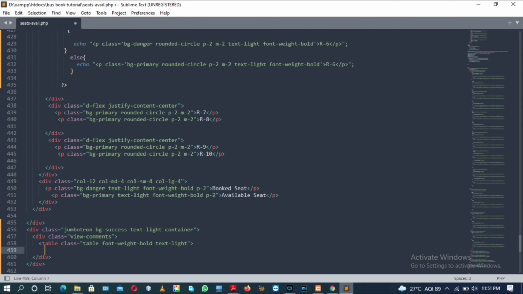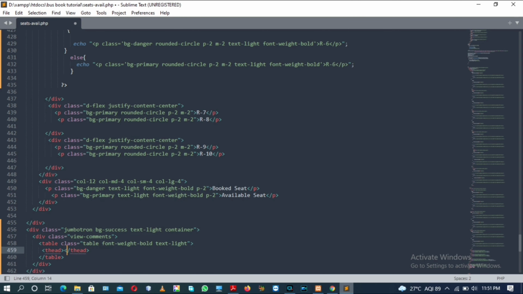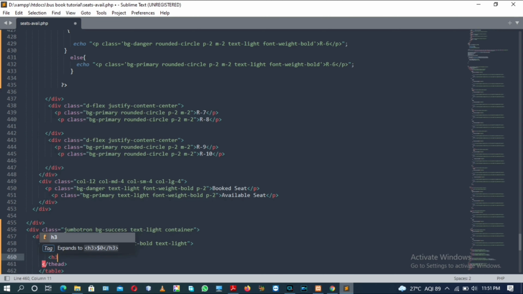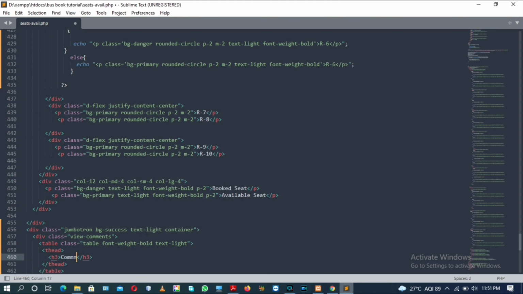Inside the table tag, after the table opening tag we will have the closing of the table tag, and inside it we will have a thead tag. Inside the thead tag we will have an h3 tag with the heading Comments.